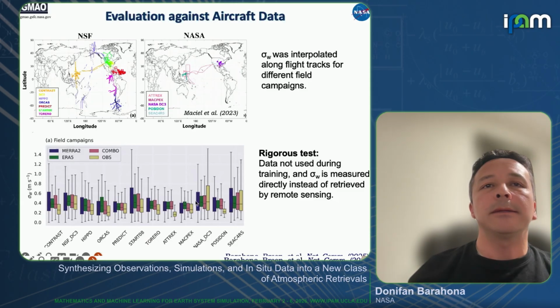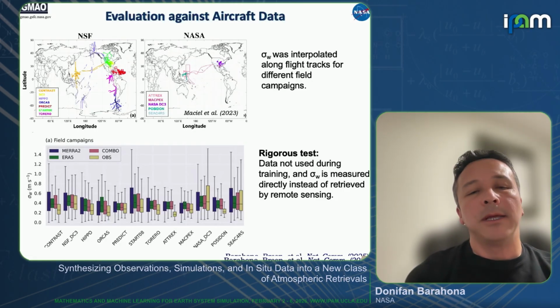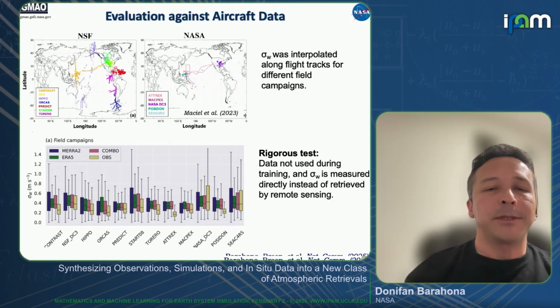And this is for all of the, this is blue here. Well, if you just use MERRA-2 to drive, or ERA5 to drive, you actually do one of them, which tends to do better, and this is the observations. And we were actually pleasantly surprised because this is a very rigorous test. We didn't use any aircraft observations or any of that in our development. Yet the network is able to predict that. And this is even a different technique. The other one was radar. These are actual measurements done with a probe in a plane.